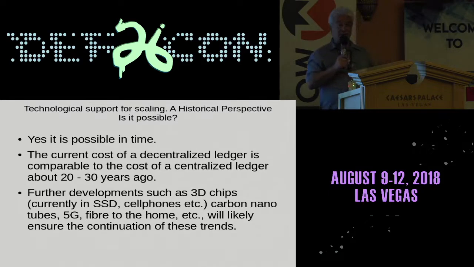Fiber to the home. I know in Vancouver, they're laying the fiber to the home right now. Sure, initially they're going to say 150 megabits symmetrical, but that has capabilities in the gigabits. So we're looking at a growth in technology, and then we need to ask the question, so it is possible, let's see what we have learned from history.